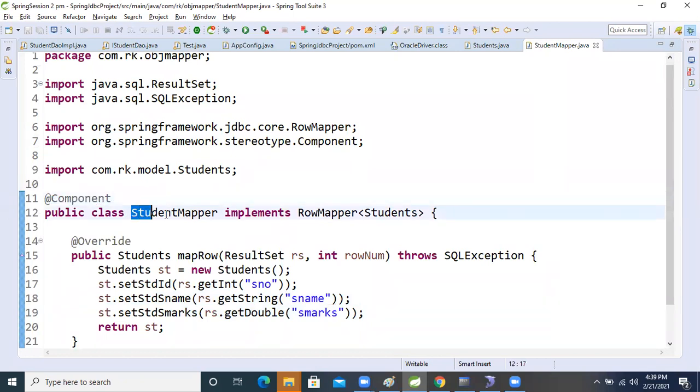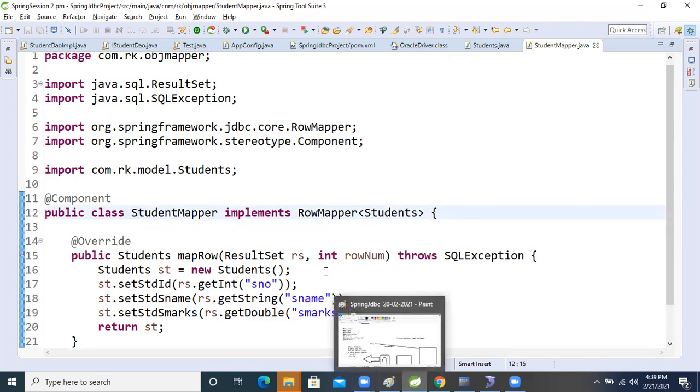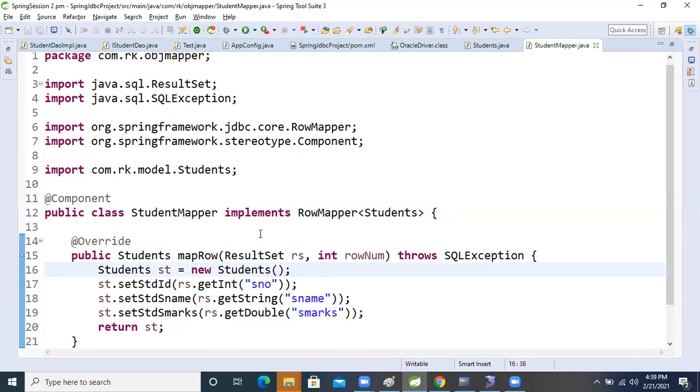Spring will create the class object, and the first letter will become a small letter. So let's see how we can perform the operation using the row mapper, and how we will customize the data.